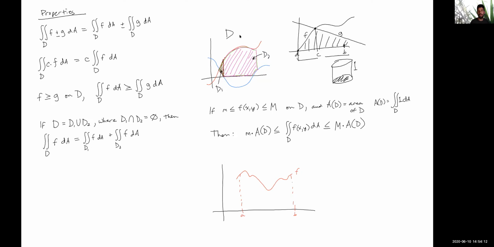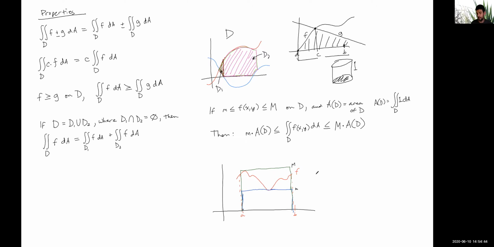Well, we can pin it between the area under this curve is going to be greater than the rectangle whose height is at the lowest value of f, and it's going to be less than the area of the rectangle whose height is the highest value of f, right? We probably wrote something like, if we take m to be the minimum value here and big M to